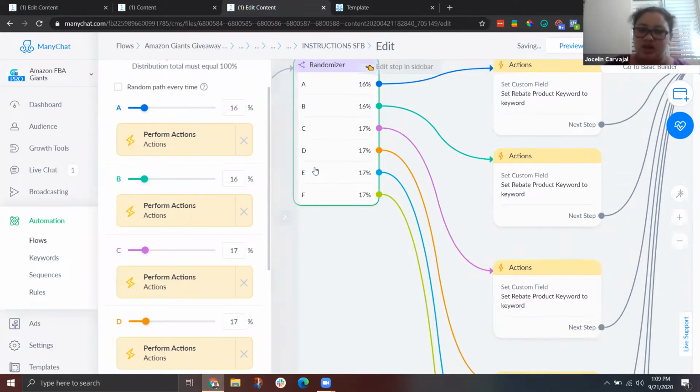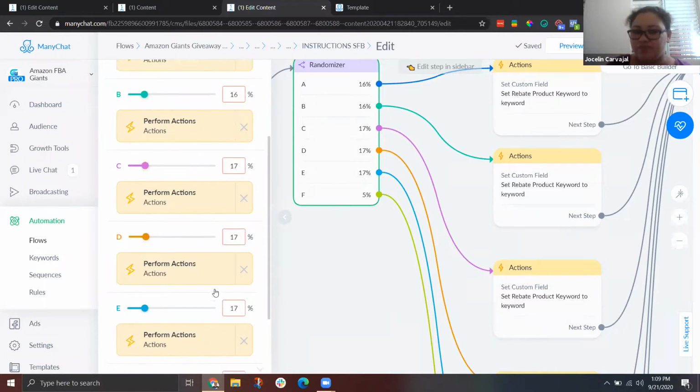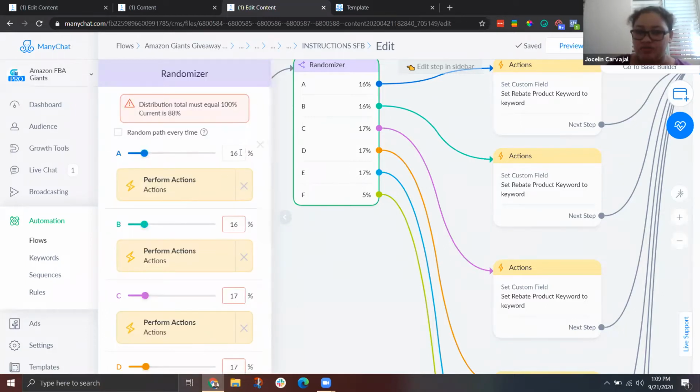And as your keywords reach rank 1, you could just limit the traffic. So let's pretend that keyword number 6 is already rank 1. I don't want to completely stop it. I just want to reduce to like 1 order a day. So I just say, okay, I just send 5% of my traffic here, but I want to increase keyword number